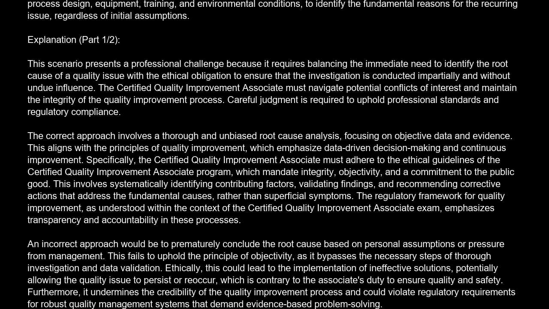An incorrect approach would be to prematurely conclude the root cause based on personal assumptions or pressure from management. This fails to uphold the principle of objectivity, as it bypasses the necessary steps of thorough investigation and data validation. Ethically, this could lead to the implementation of ineffective solutions, potentially allowing the quality issue to persist or reoccur, which is contrary to the associate's duty to ensure quality and safety. Furthermore, it undermines the credibility of the quality improvement process and could violate regulatory requirements for robust quality management systems